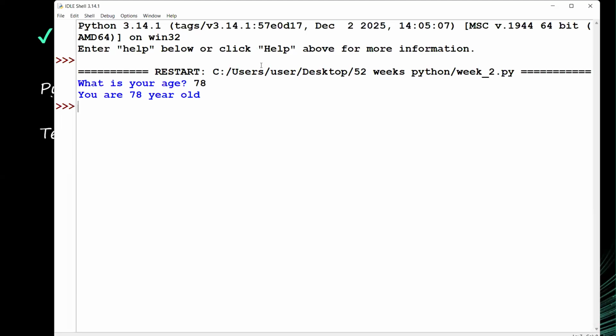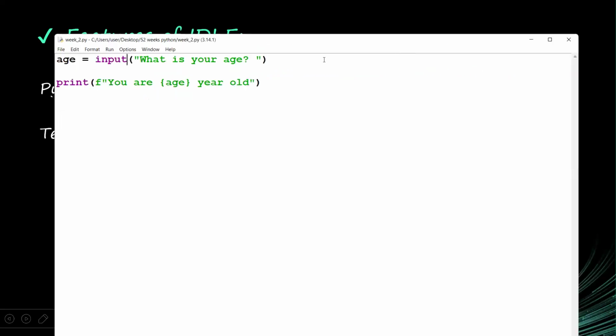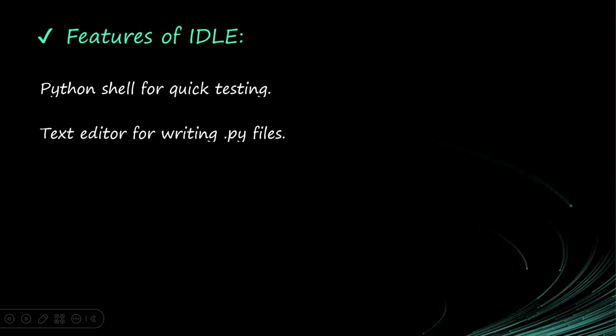Okay. So now this is like a file. We have saved our program in a file. And basically, this is how you'll be saving most of your applications as you grow. In short, most of your programming work or coding will be saved in a file. Okay. So I've shown you how to use the text editor. Then you can also run programs. Once you have created your file and written your program in it, you will save it. Then click F5. If you don't save it, it will tell you to save it first before running